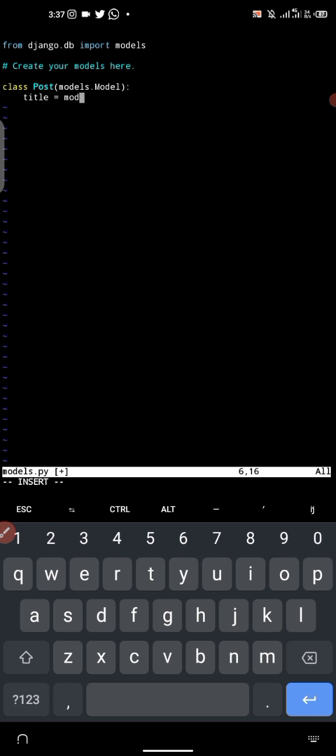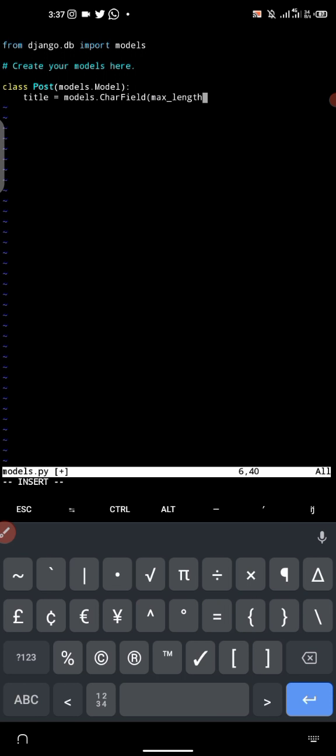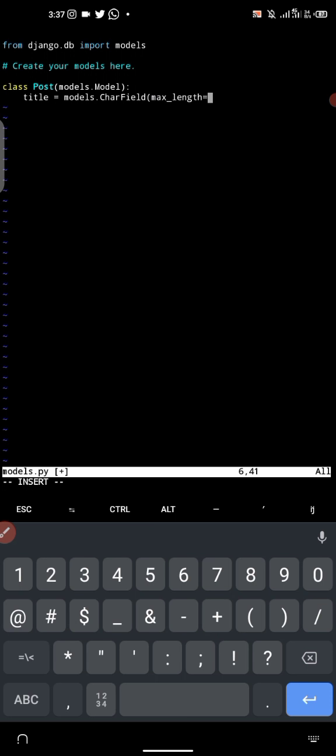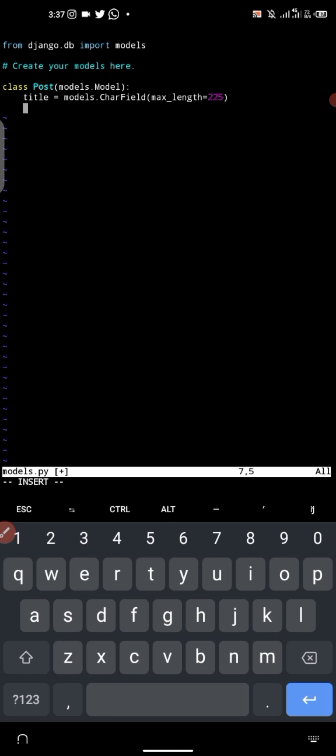So it's going to be models.CharField. So we can go ahead and do max_length equals 225. So we can do content